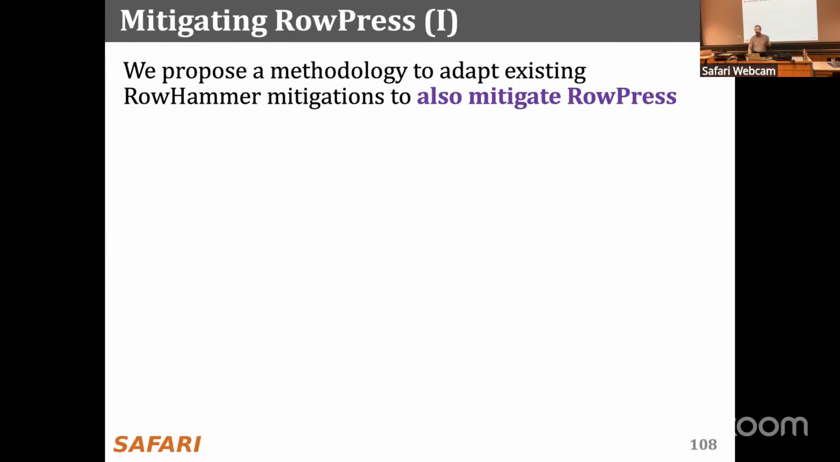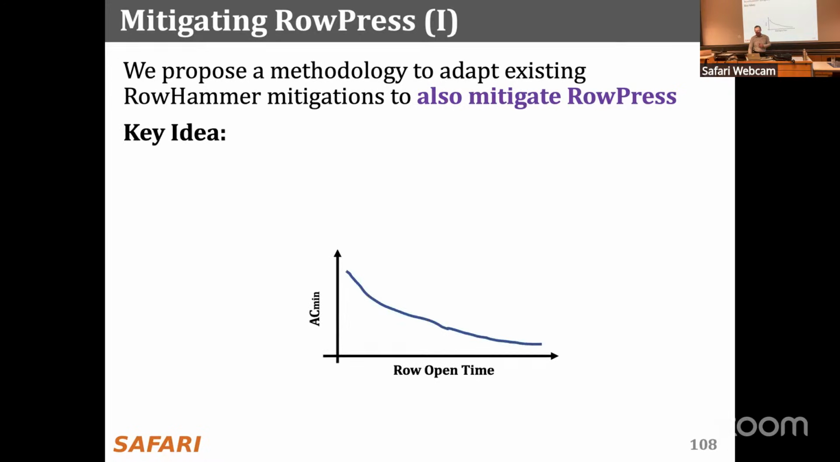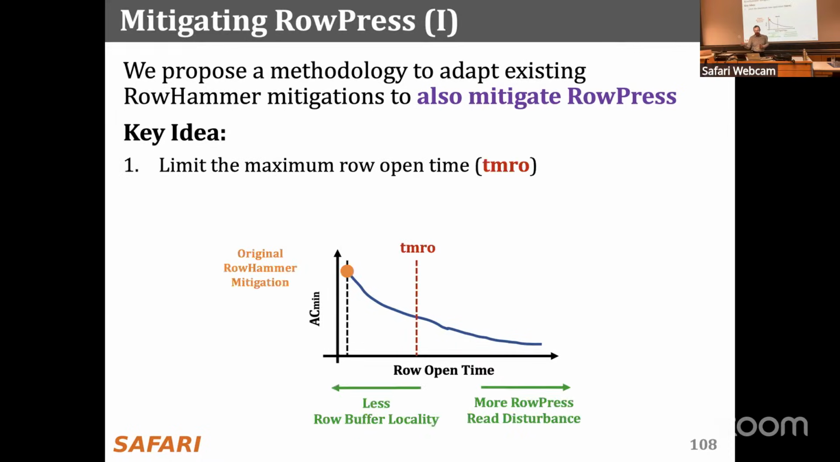But what we have suggested is really, you have developed some RowHammer solutions, but RowHammer solutions don't work for RowPress because they don't take into account the additional vulnerability that happens because you kept the row open, right? So we suggest a methodology for adapting existing RowHammer solutions. It could be any RowHammer solution, actually. And we showed with Para and Graphene. Basically, we said that